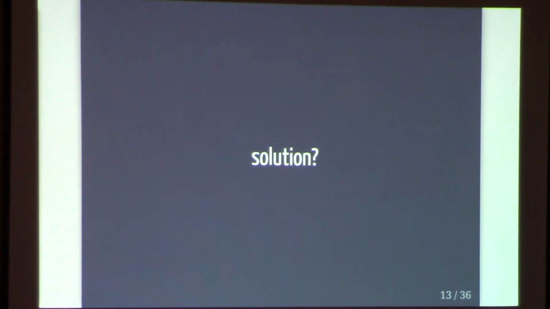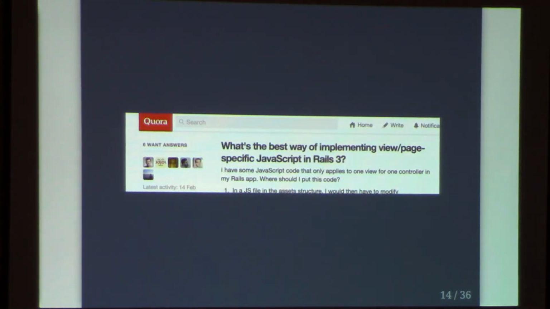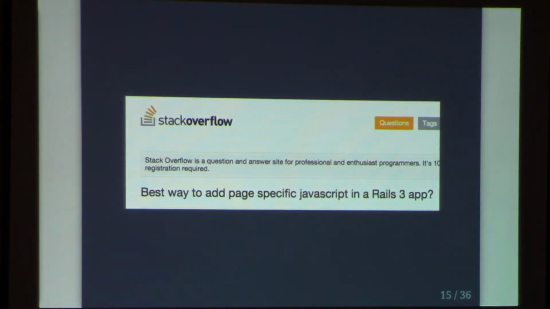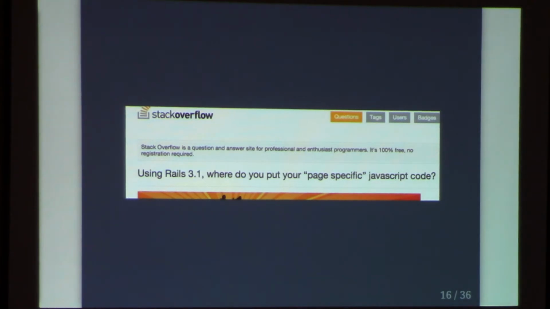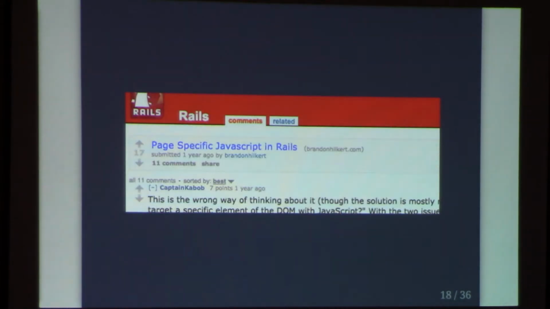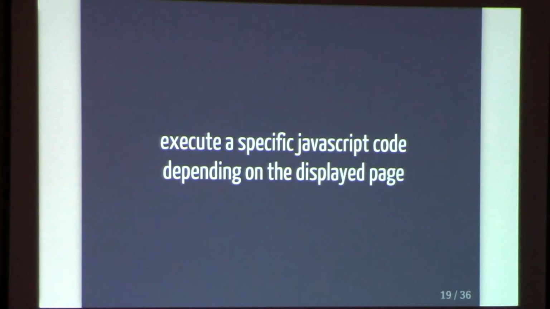So, what's the solution for that? Just by searching the web, we can see that Rails developers are looking for something. They are looking for a solution just like this. What's the best way of implementing view page specific JavaScript in Rails 3? Best way to add page specific JavaScript. Where do you put your page specific JavaScript code? Page specific JavaScript, page specific JavaScript, and so on. So we can see that